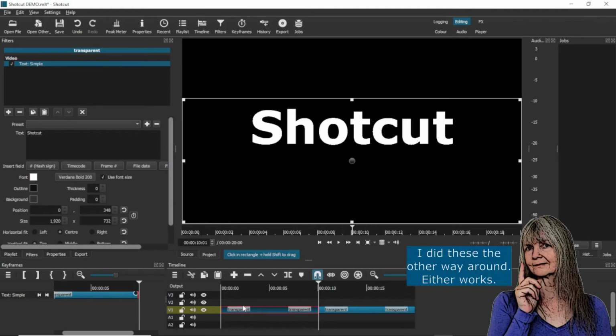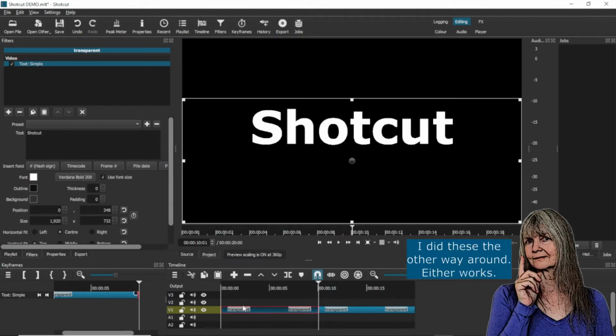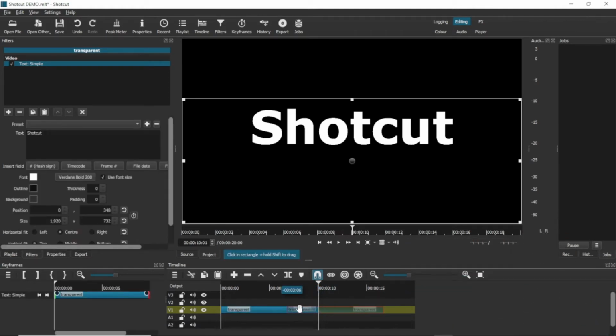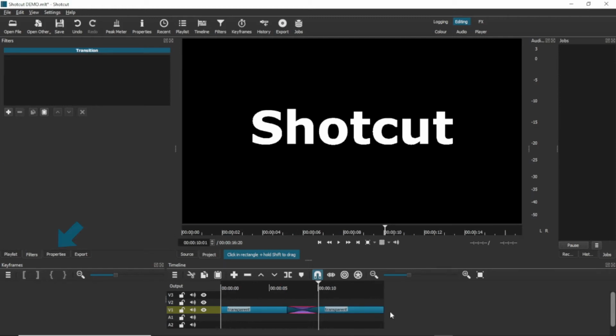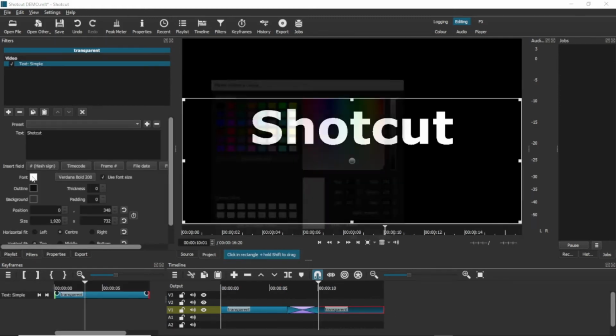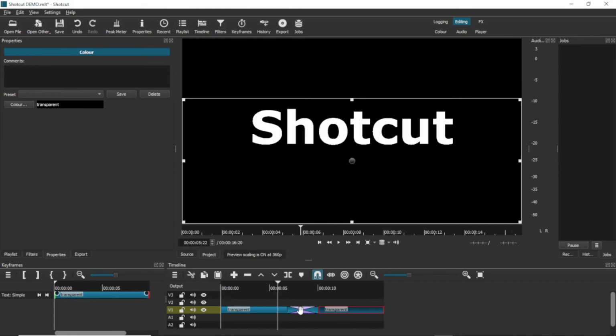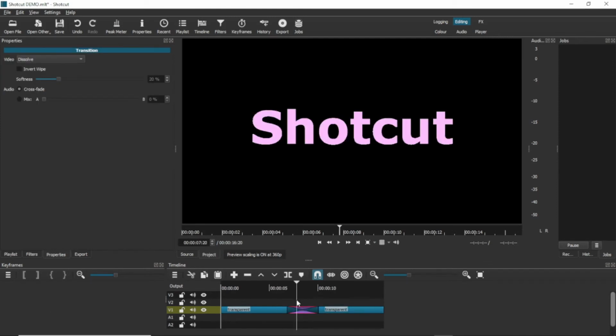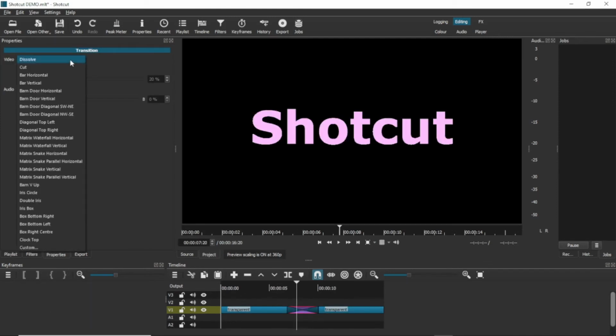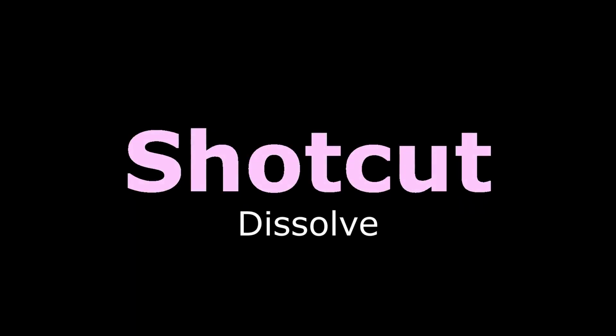Now I'm going to drag one across the other to create a transition, and then I can select any of the transitions in the Properties tab and get a slightly different effect, depending on what I choose. It's probably better with most of these not to have a hard transition, so I'm leaving that slider where it is. Here are what a few of the options look like.